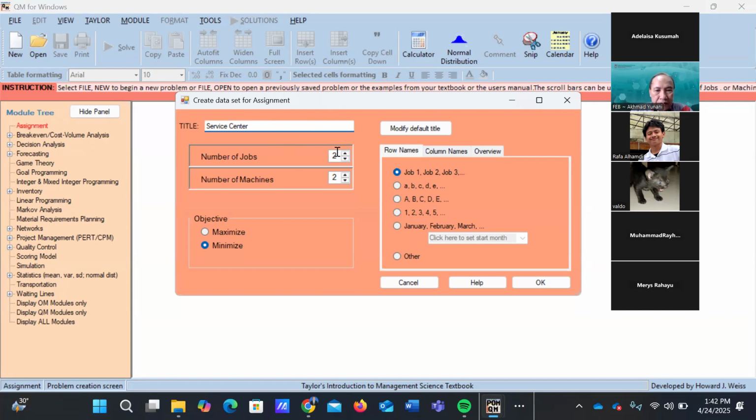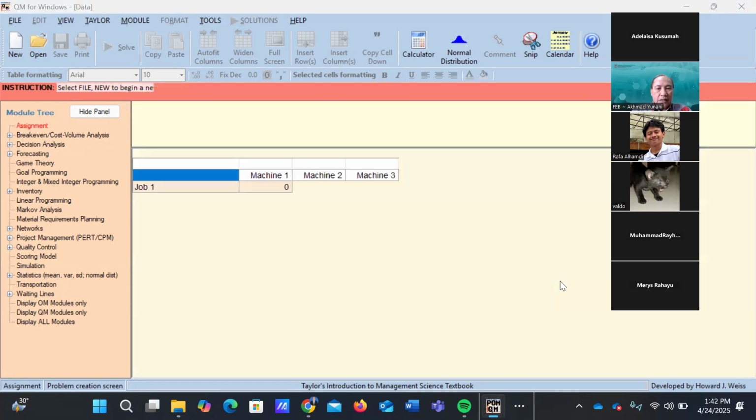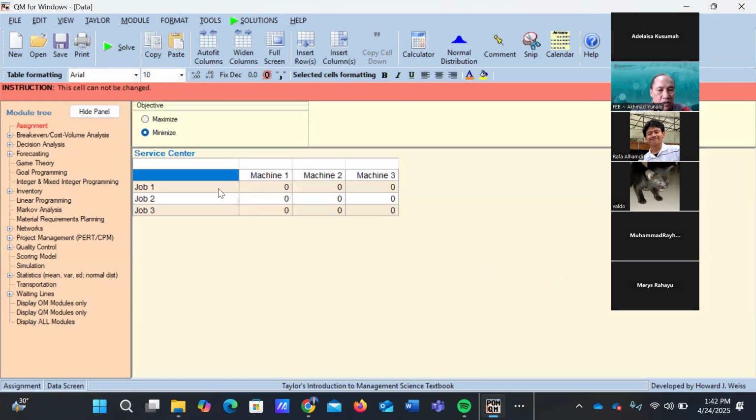What jobs do we have? We have the job and we have the machine. Minimize. Let's say our jobs are Adam, Brown, and Cooper, and the task to fix radio.